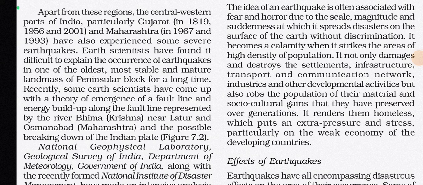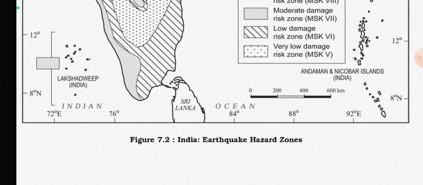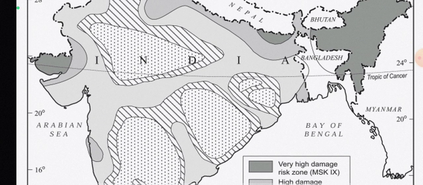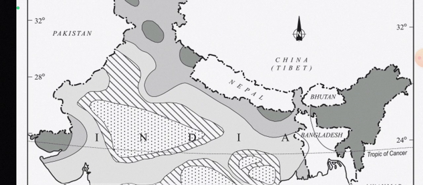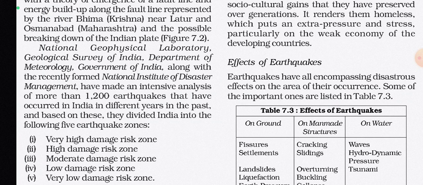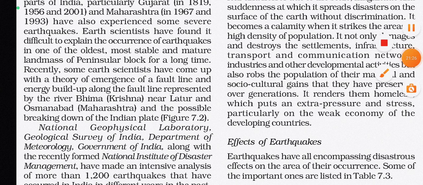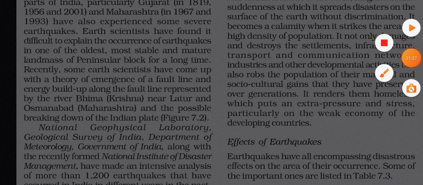तो इसको हम फिगर 7.2 में एक बार देख लेते हैं क्या बोलना चाहता है। अच्छा, यहाँ पर जोन दिखाया गया है, ठीक है। तो जोन देखो बता रहा है कि सेंट्रल और वेस्टर्न पार्ट में हमारा जो अर्थक्वेक हो रहा है उसका रीज़न क्या है कि डेवलपमेंट ऑफ फॉल्ट लाइन, ठीक है। तो देखो रिसेंटली सम अर्थ साइंटिस्ट्स हैव कम अप विद द थ्योरी ऑफ इमर्जेंस ऑफ ए फॉल्ट लाइन। आई होप आपको दिख रहा है लाइन यहाँ पर, देखो इमर्जेंस ऑफ ए फॉल्ट लाइन। तो ये याद रखना कि किस लिए हो रहा है, पेनिनसुलर ब्लॉक में जो एक स्टेबल लैंड मास है वहाँ पर क्यों हो रहा है, इमर्जेंस ऑफ फॉल्ट लाइन।